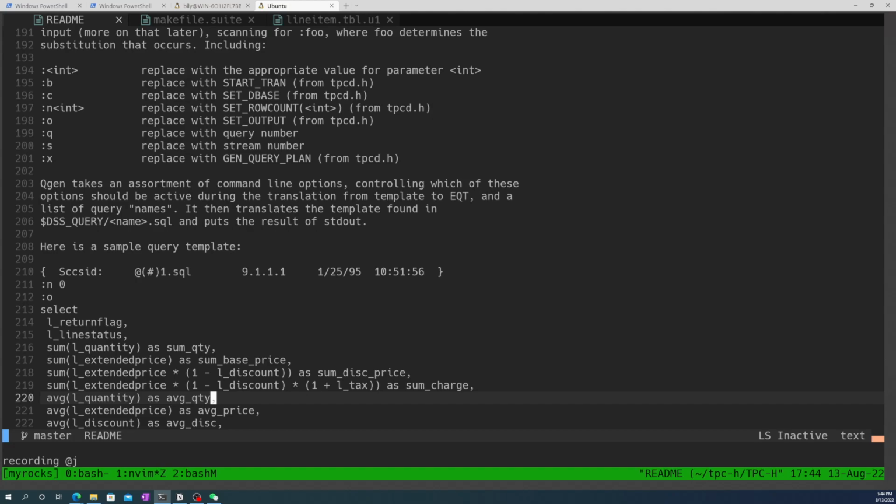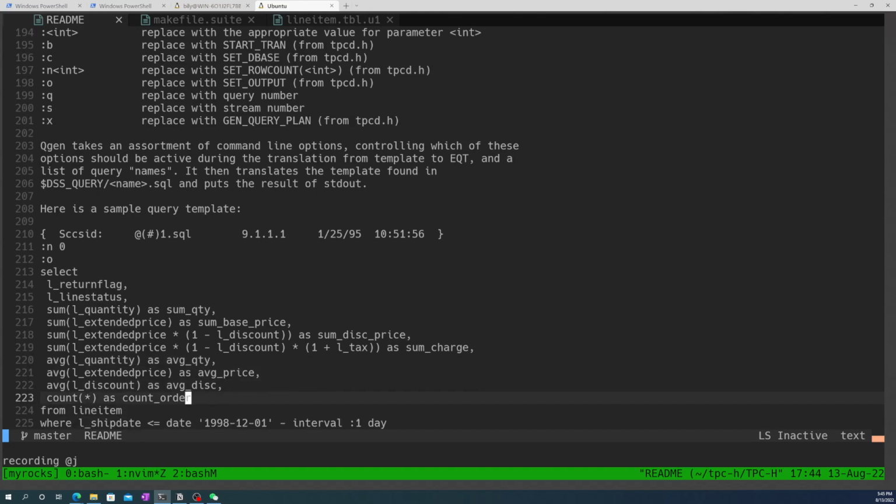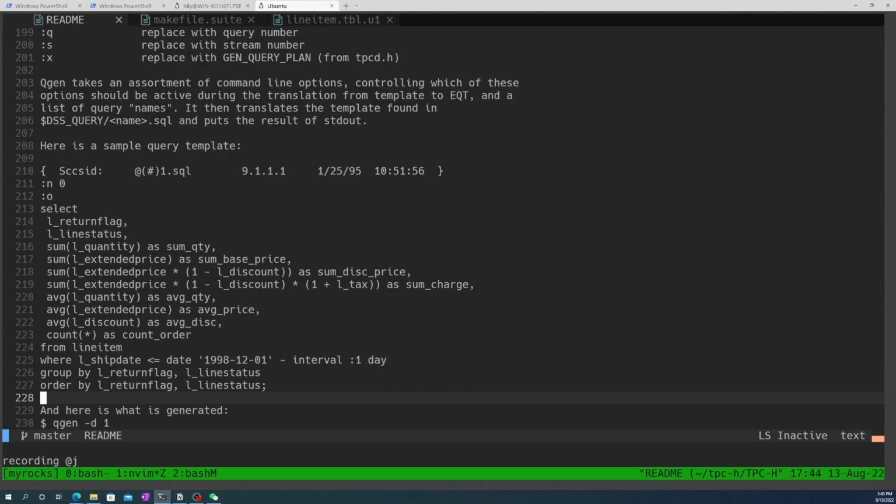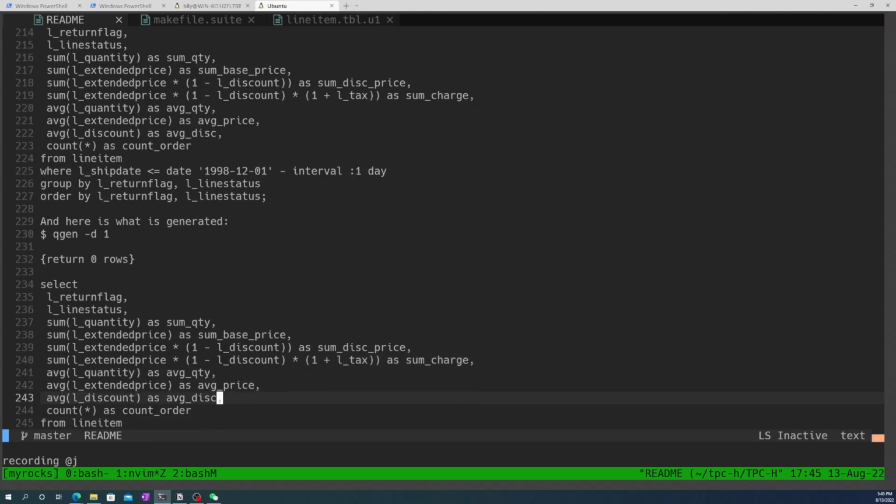In the list of a query, it then translates the template found in